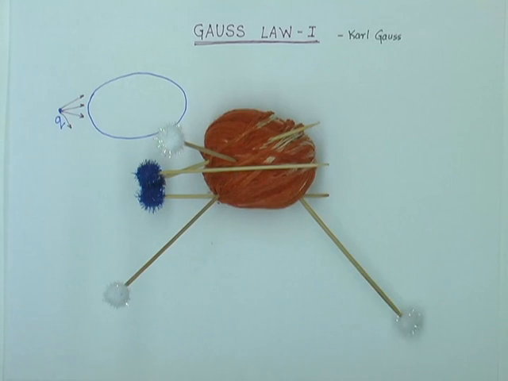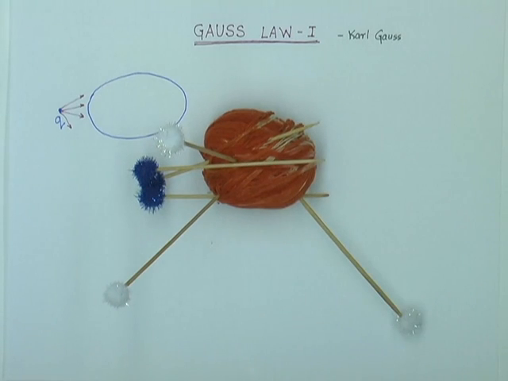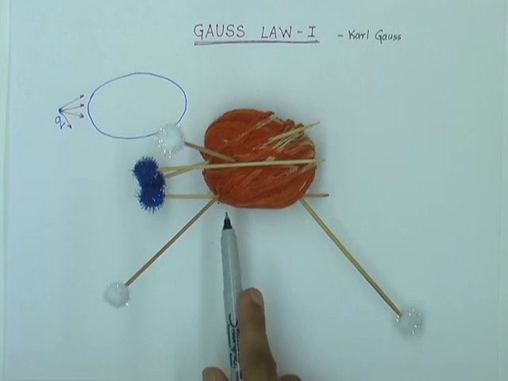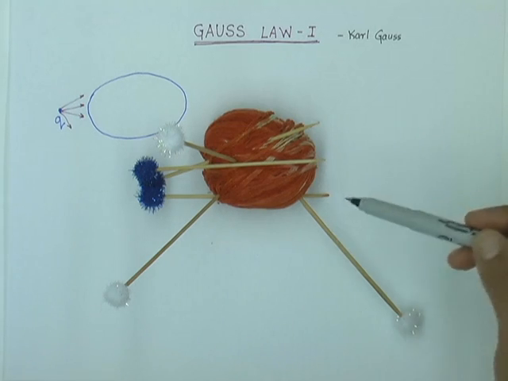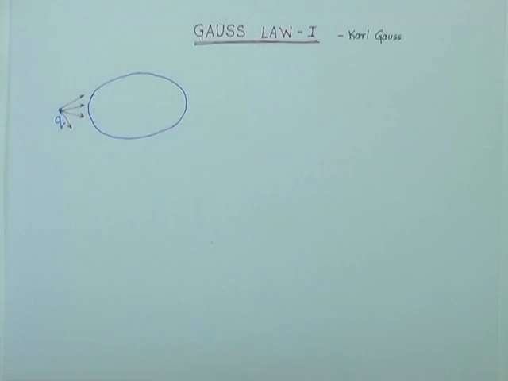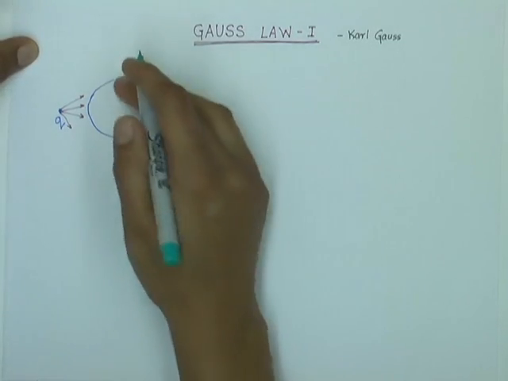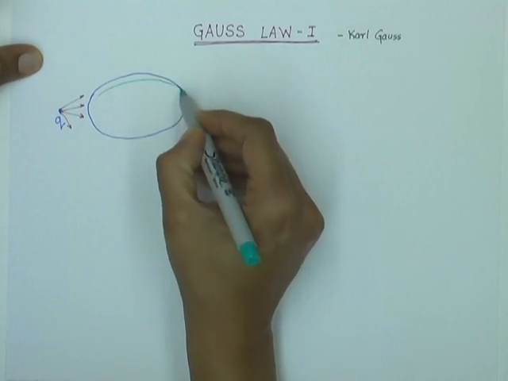And if you look at the surface, really you can figure that for all the elements in the surface, one of these is going to be true. Either the cos theta is going to be negative with angle greater than 90 and the electric field line is entering, or the electric field line is exiting and the angle is less than 90, or the electric field line is tangential to the surface. And so I can divide my entire surface into elements which fall into one of these three types. And so we can say that if I divide my surface into small elements like this, say these are my elements,